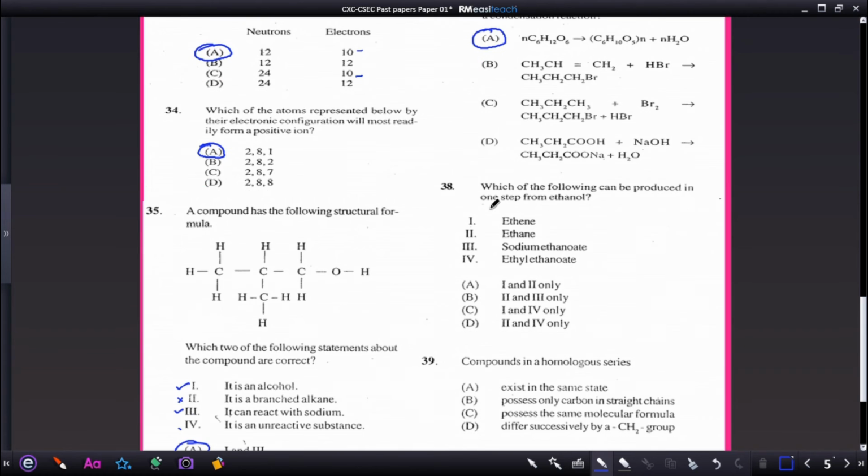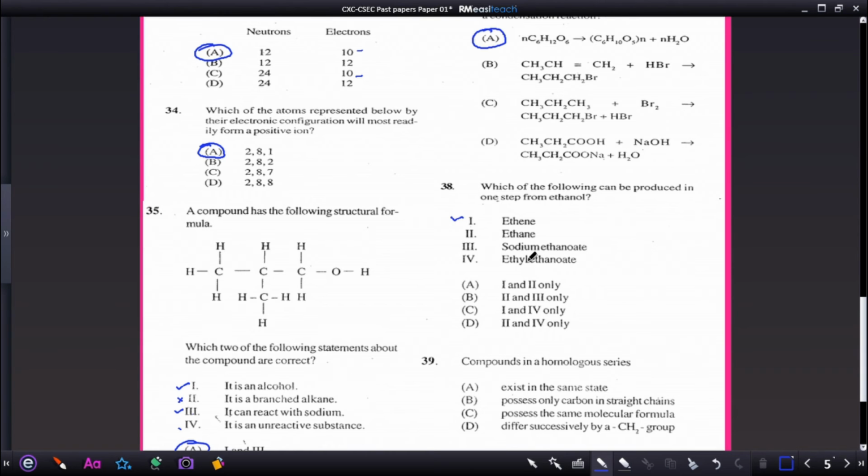38. Which of the following can be produced in one step from ethanol? Starting with ethanol, one step, which is the dehydration of the ethanol to give ethene. Ethane would be 2 steps. You would first have to get the alkene, and then hydrogenation would produce the alkane. Sodium ethanoate, you would first have to get the